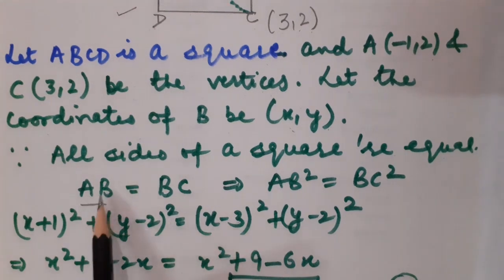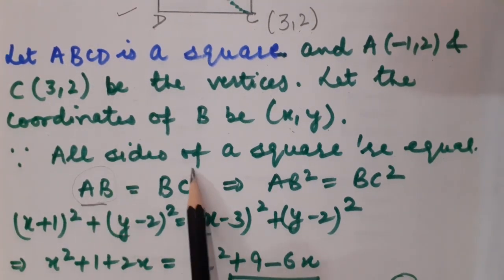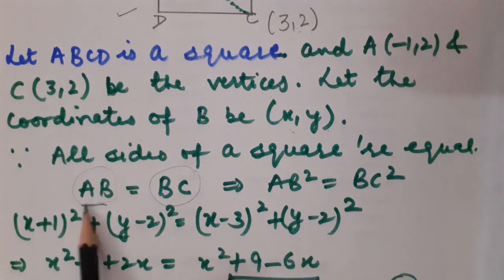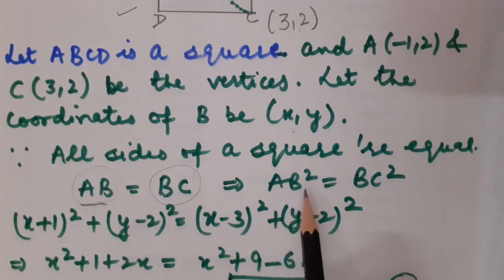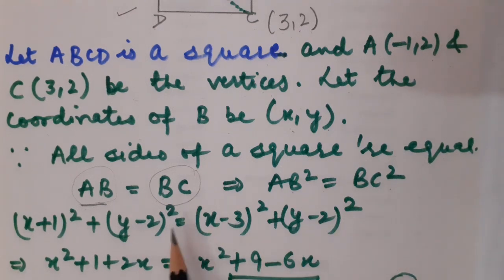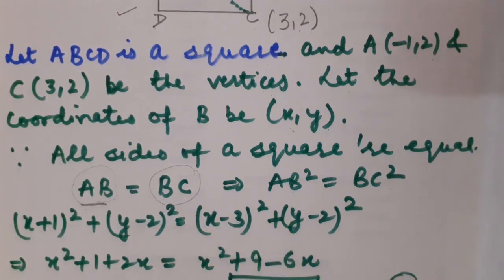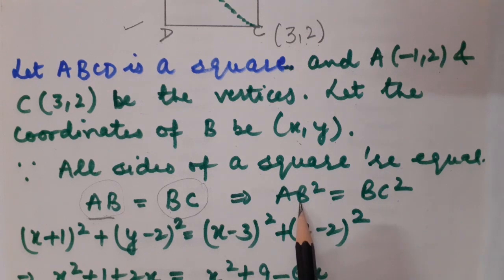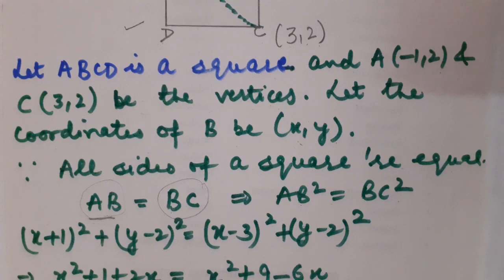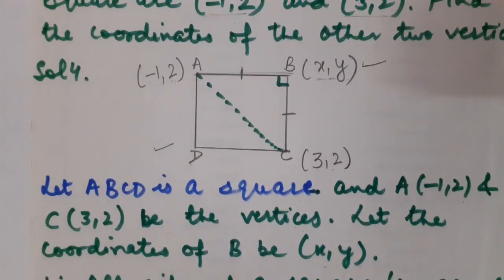When I calculate the distance AB and the distance BC, both will be in square root. So what I have done is take the square on both sides, and ultimately I will get AB square equals BC square, so that I am not supposed to write the square root while applying the distance formula. Are you getting what I am saying? Now apply the distance formula and take its whole square, so the square root will be removed automatically. Let us apply the distance formula on AB.